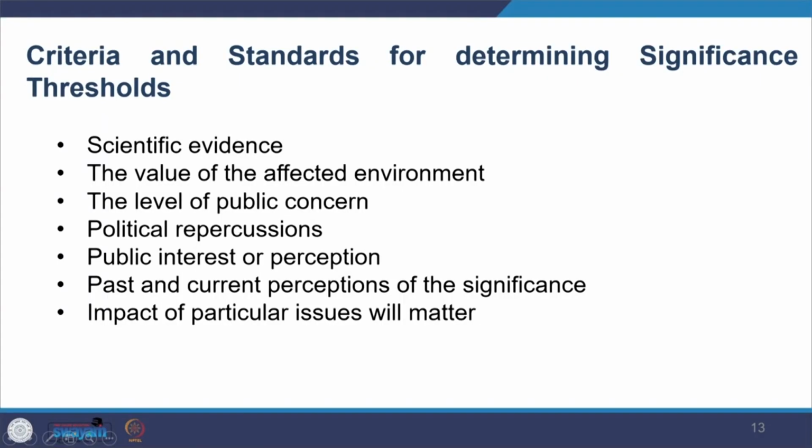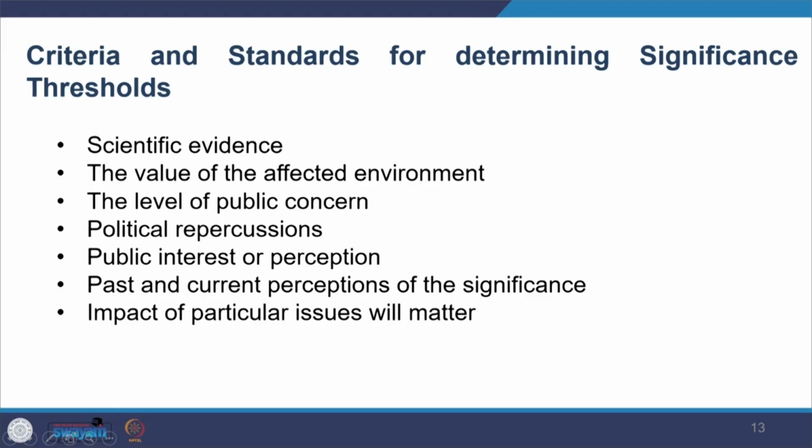So one looks at the scientific evidence where available, what kind of evidence is there that this kind of impact can happen or not happen, and then what kind of value the society places, and not only the values of the society as well as the values of the decision makers. Then also we look at the values of the affected environment, and then what value we place on those